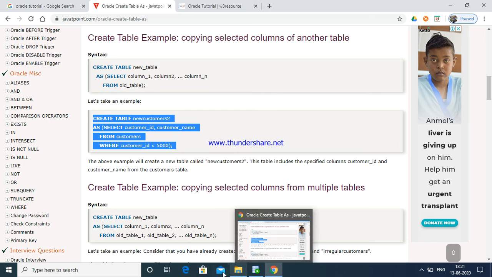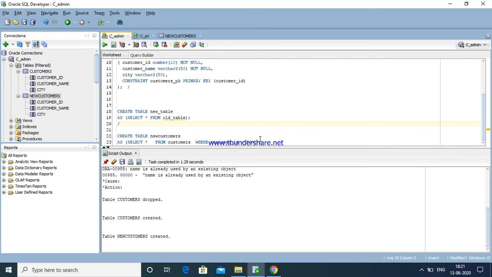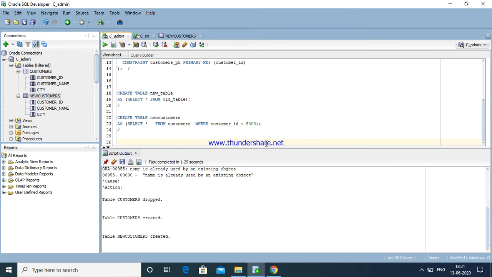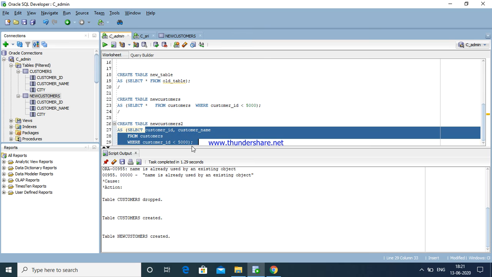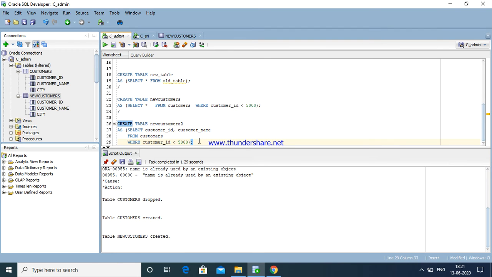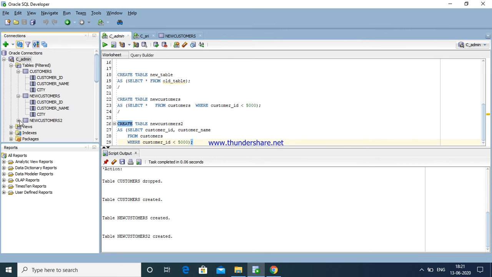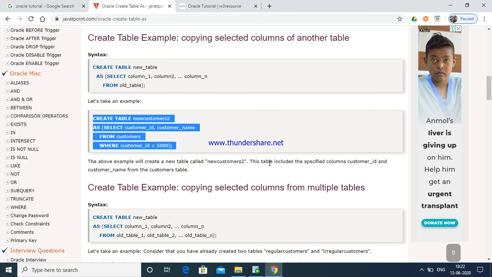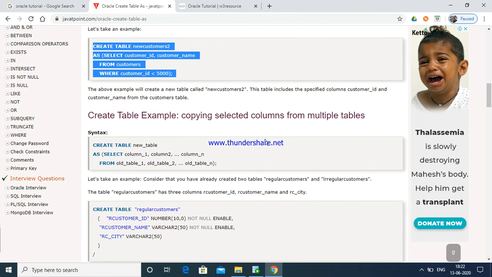Now go and enter slash. Control V. See here, just 2 columns we are copying from the other table. Just enter. Okay, again it created a new table. See here, it has 2 columns. Here we copied 3 columns with star, all columns. Here just 2 columns. This way we completed selected columns from tables.